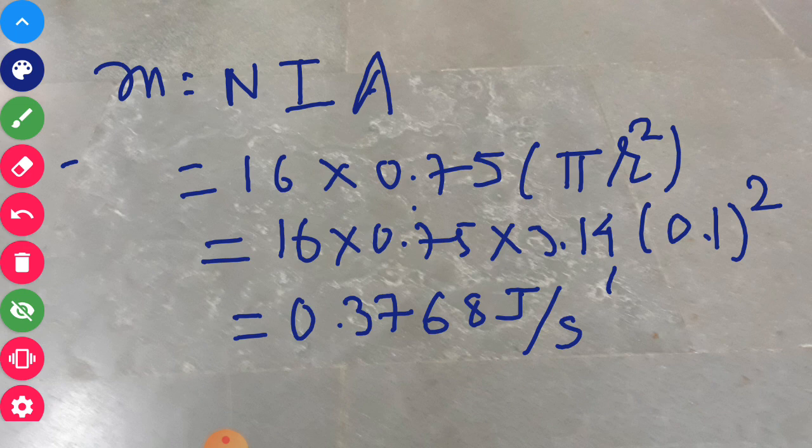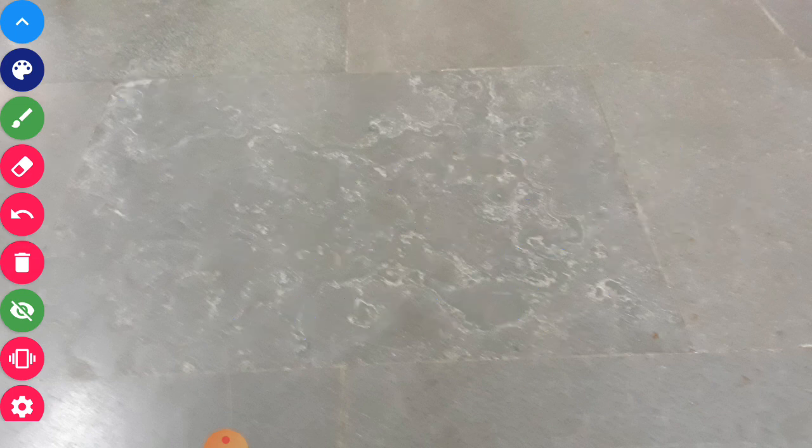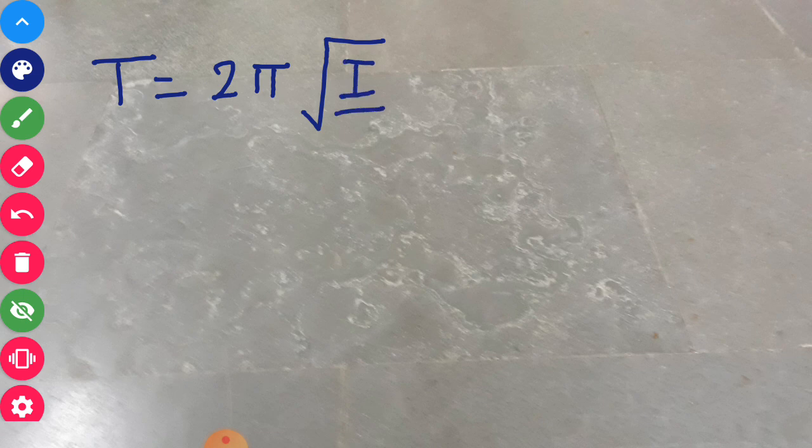Now the second part of this. The periodic time is given by the formula we have derived in the theory part, T equals 2 pi root of I upon MB. Now we want to find the value of the moment of inertia. First of all, I take the inverse of this. The inverse of this is 1 upon T, and 1 upon T is nothing but frequency.